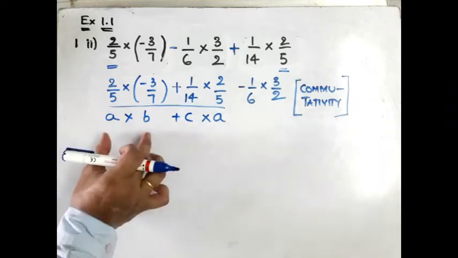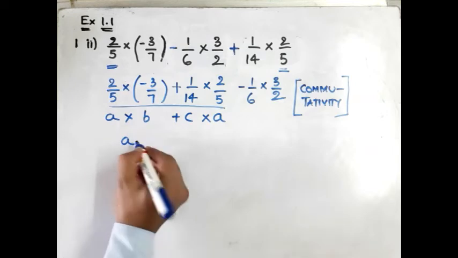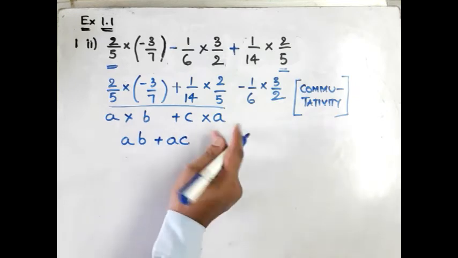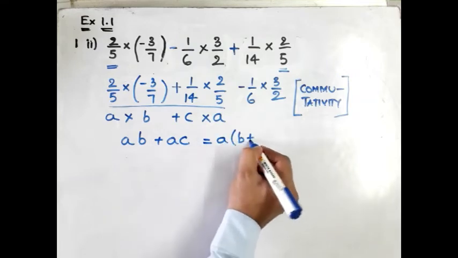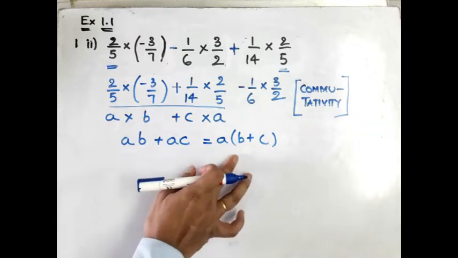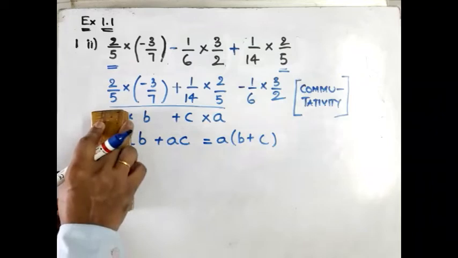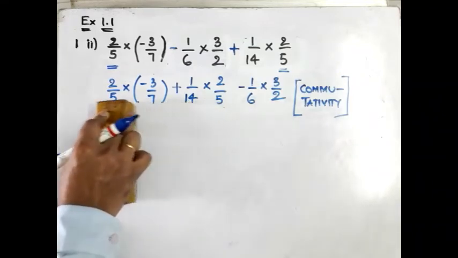Now, looking at this, a into b plus c into a, are you able to get any other property of rational numbers? Yes, a into b plus c into a we can write as ac, because c into a and a into c are both the same, is equal to a into b plus c. What exactly is this property? This is the distributive property under addition. So using that property, that is the distributive property under addition, what we are going to do is